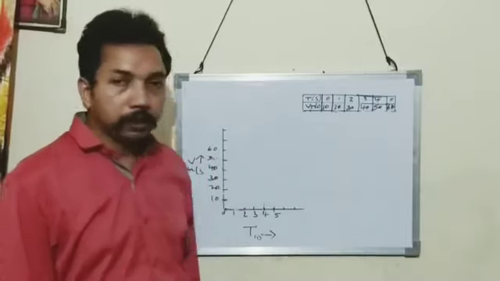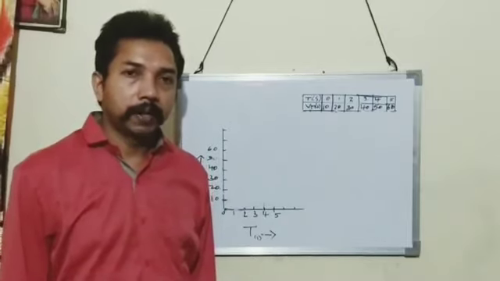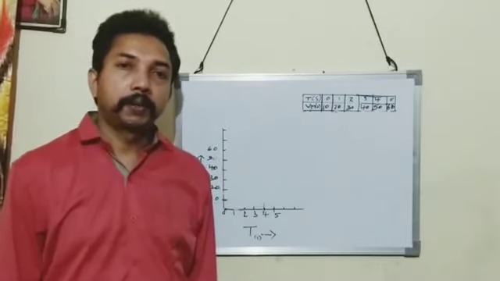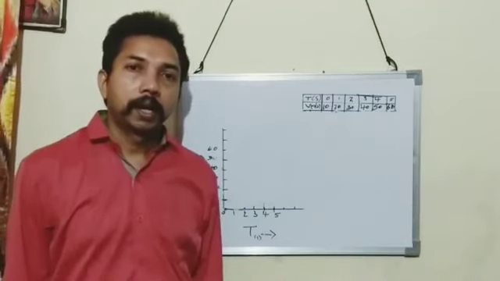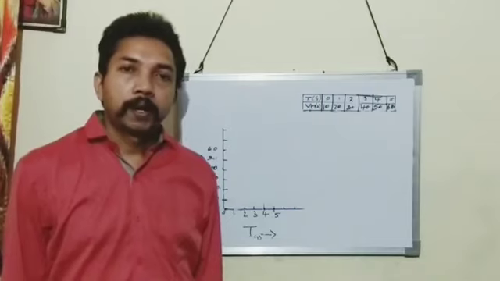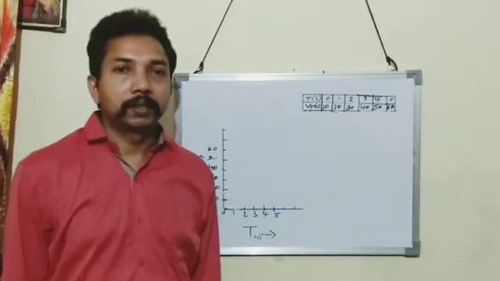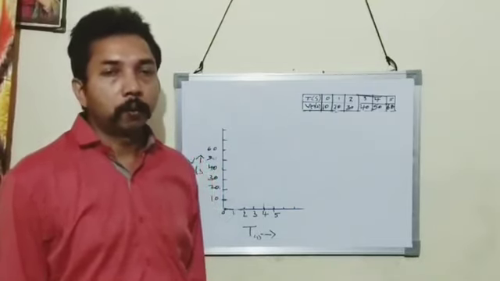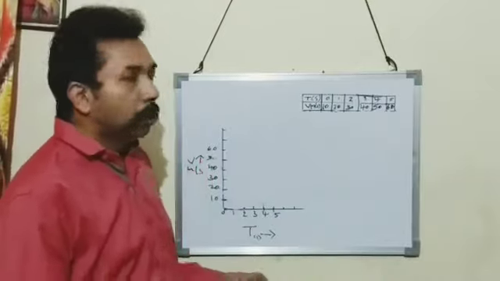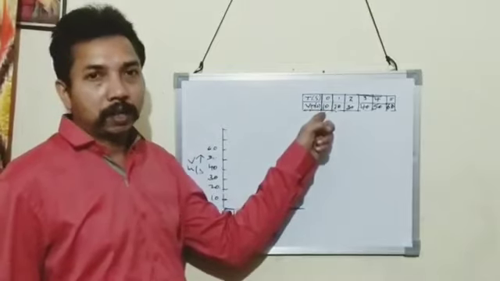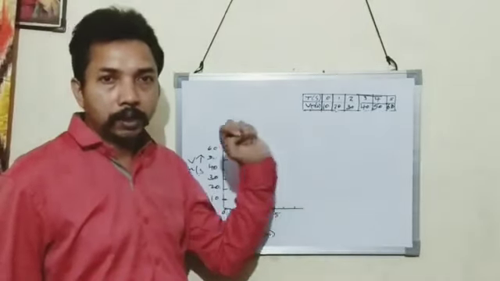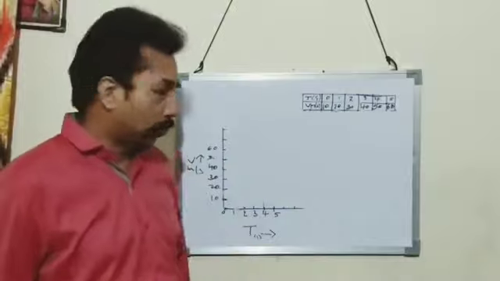So we take velocity along the y-axis and time along the x-axis. After that, you have to take a suitable scale on the x-axis and y-axis. So I have taken on the x-axis 1 centimeter as 1 second, and on the y-axis I have taken 1 centimeter as 10 meter per second. And plotting the points. This is the graph of a body which is initially not at rest. After that, the body is moving with uniform acceleration.